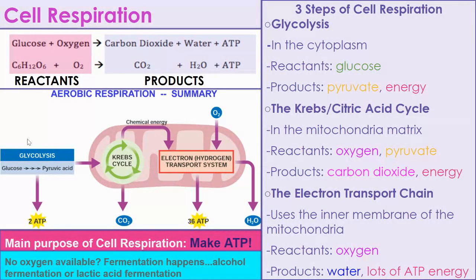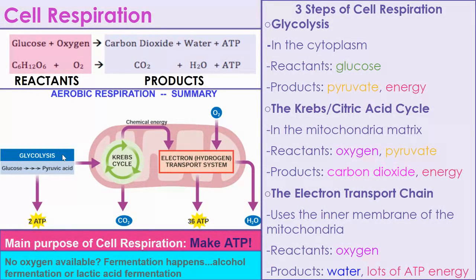The first step is glycolysis, and it takes place in the cytoplasm. So we haven't even made it into the mitochondria yet. This is in the cytoplasm of your cells, that gel-like substance of your cells. Glycolysis happens where glucose is broken into pyruvate and a little bit of energy. You can see that there. So glycolysis happens to break down glucose in a way into this stuff called pyruvate that can then fit into